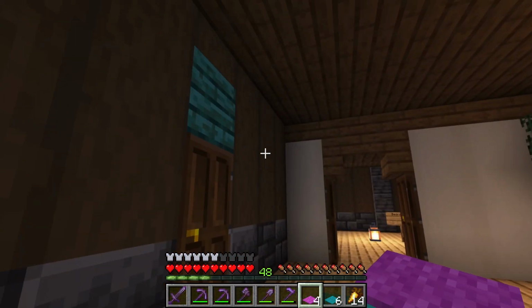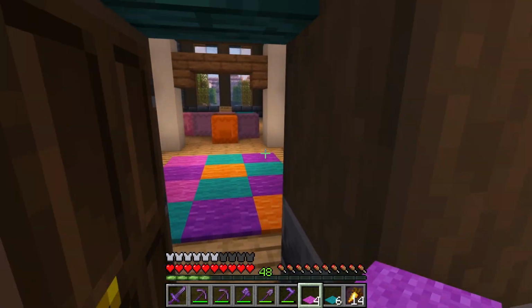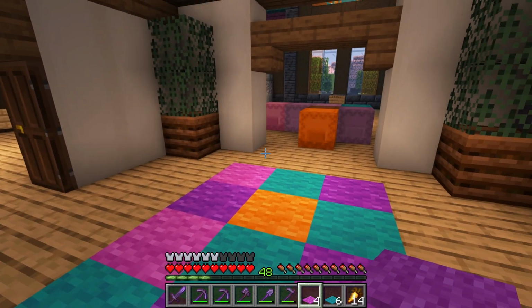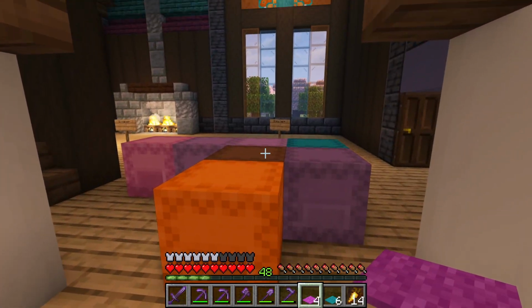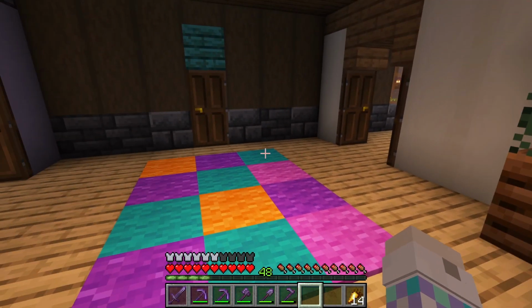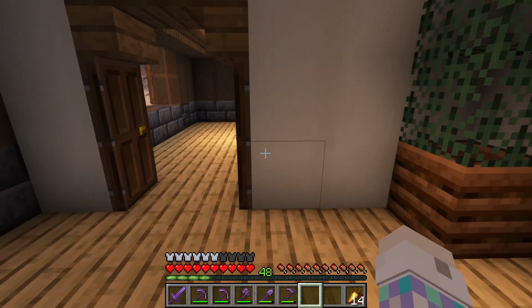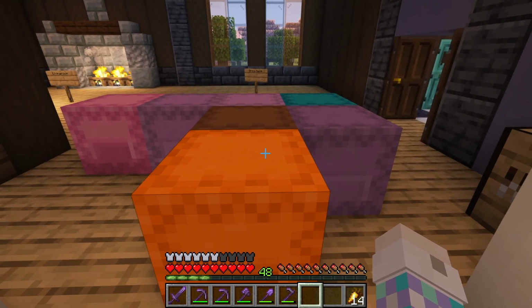Remember what the room was up in the keep. The main room up there was very, very colorful, so we want to stick with that. So I like that for a color combination so far. And actually, let's do a couple beds for seating. I like the idea of a couple beds for seating, and